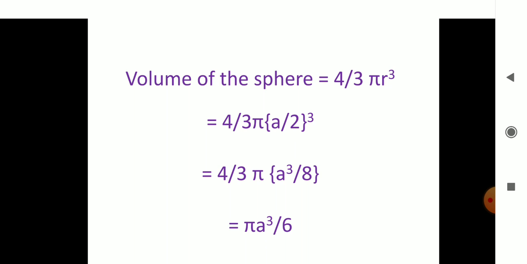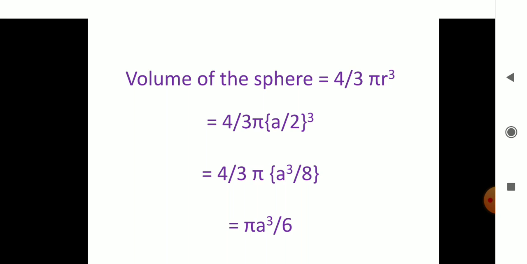Okay. Now what type of arrangement is it? It is a simple cubic arrangement. For a simple cubic arrangement, how many spheres will be there? That we have also seen. For simple cubic arrangement, the number of atoms per unit cell is 1. For body-centered arrangement, the number of atoms is 2. And for face-centered type, the number of atoms is 4. So for simple cubic, this can be multiplied by 1, and 1 into pi A cube by 6 is also equal to pi A cube divided by 6.